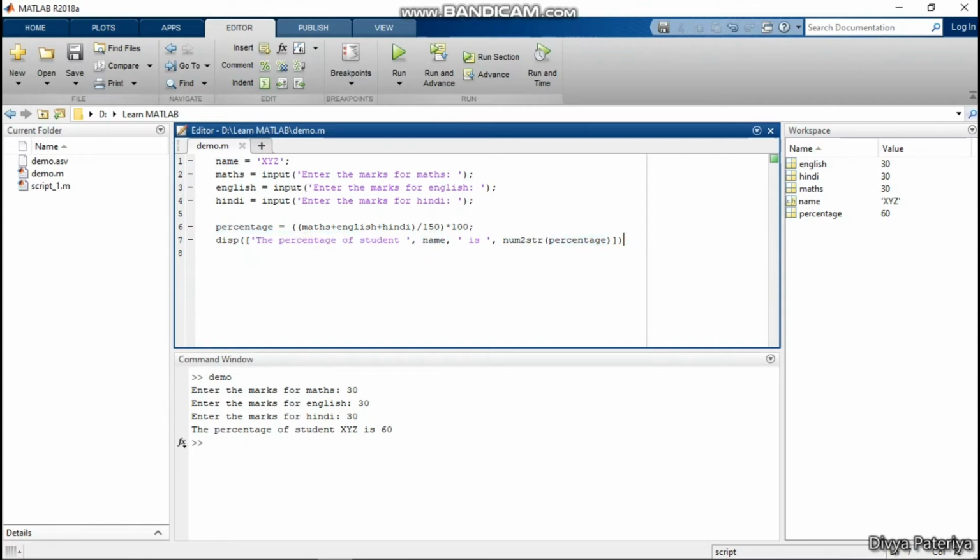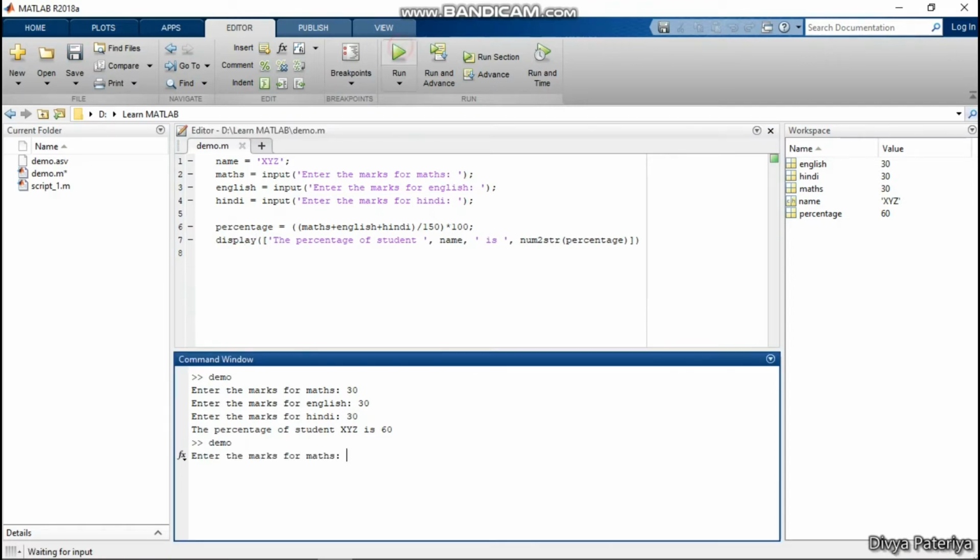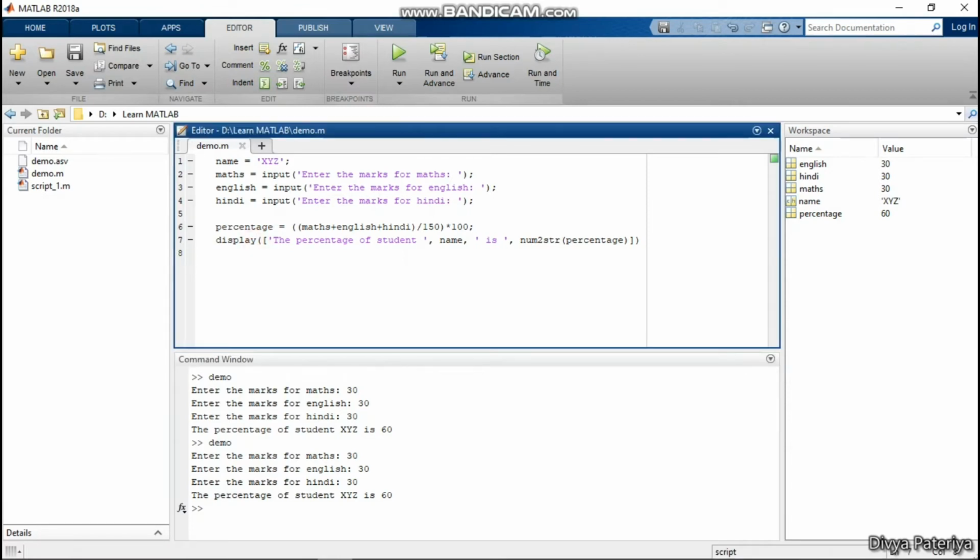Also, it is not like we just have a disp function. We can also write display, complete display, and if we run it, we are going to have the same results. So it does not matter if we write disp or display, they both will yield the same results. So I will keep it short by writing disp only. So disp is one of the inbuilt functions that is used to display the variables that we have created inside the command window or script file. Another inbuilt function that is used to print the variables inside the command window is fprintf.